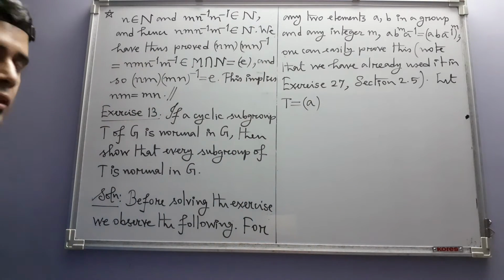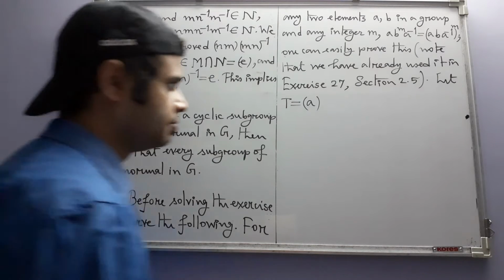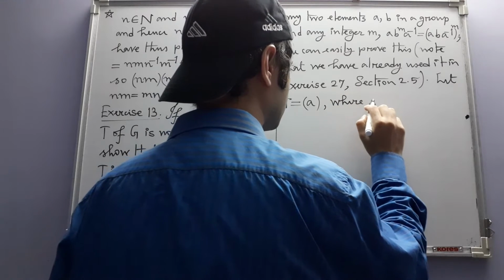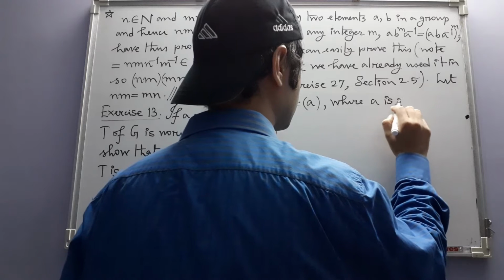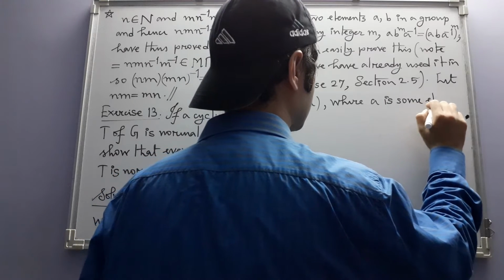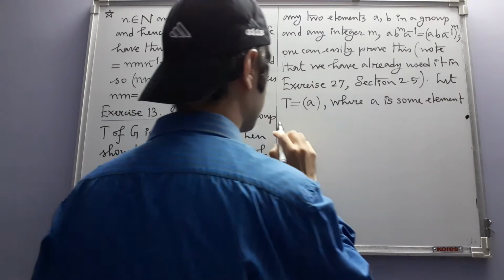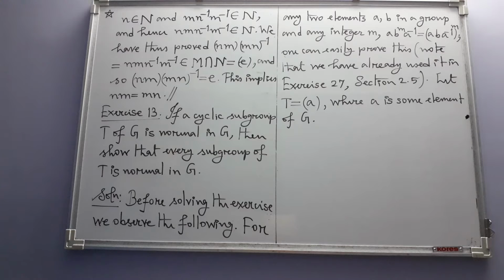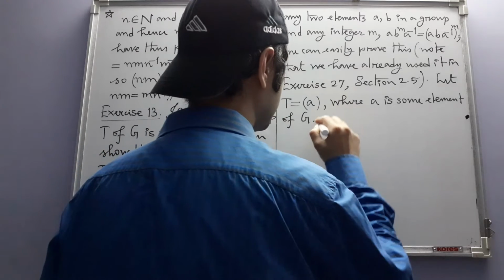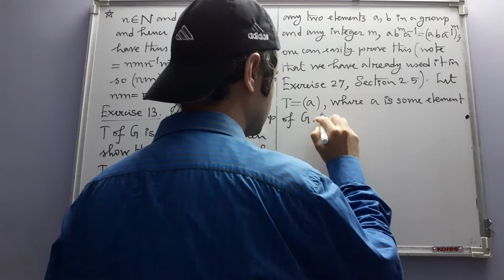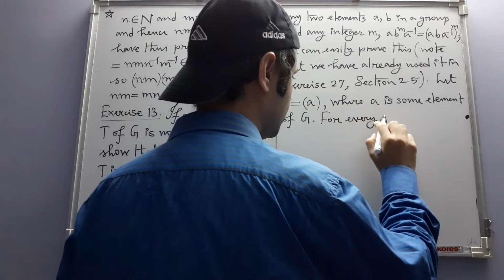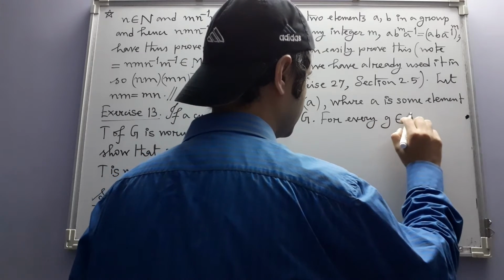So it is given that T is a cyclic group, so T will be generated by some element of G. A is some element of G. For every g belonging to G,